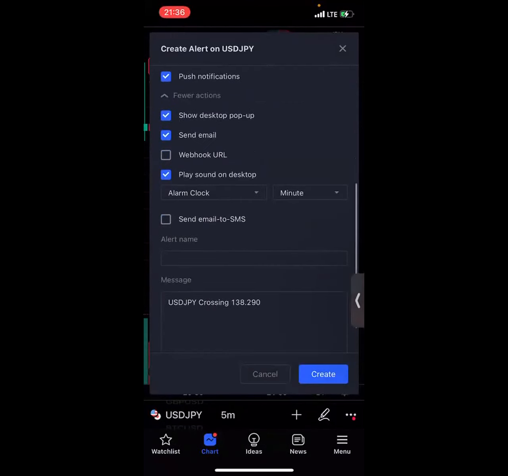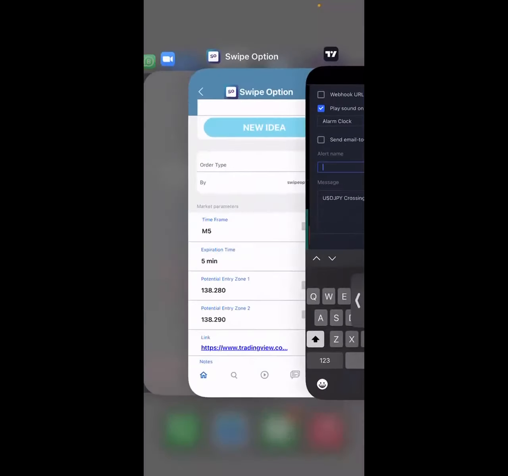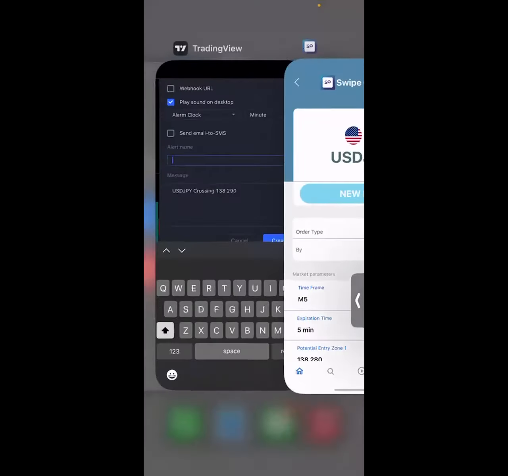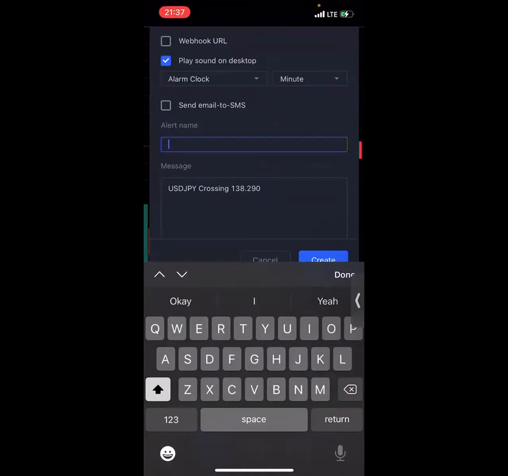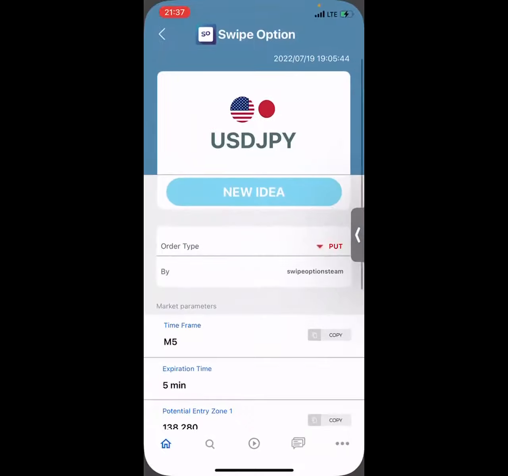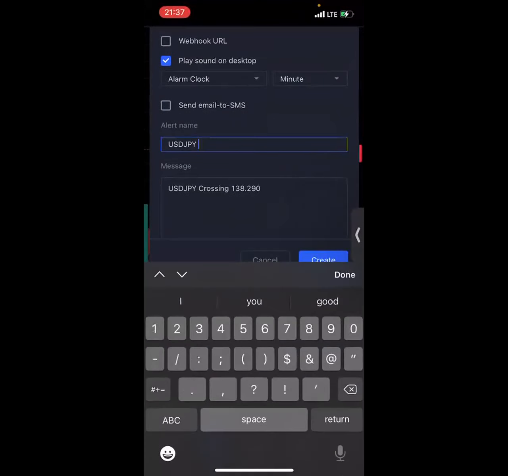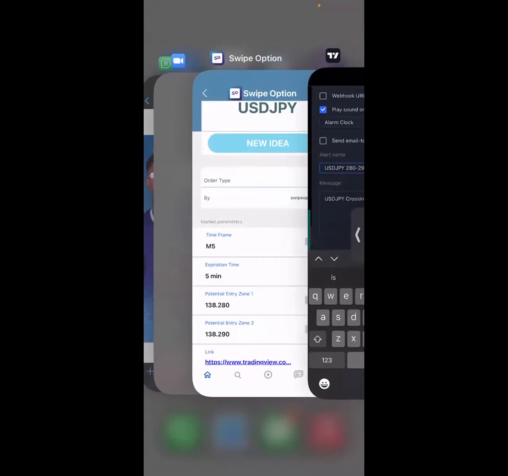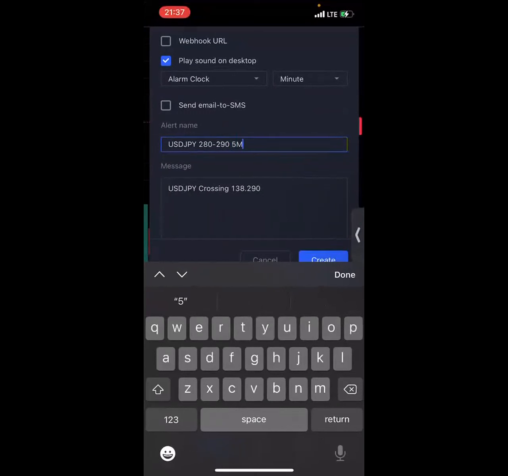Then you can also create the alert name. For example, this is USDJPY, so you don't have to be coming back to your swipe options every time. You just edit it: USDJPY, the entry is 280 to 290, for a 5 minutes put. So that when you get notified, you don't have to go back and check your swipe options